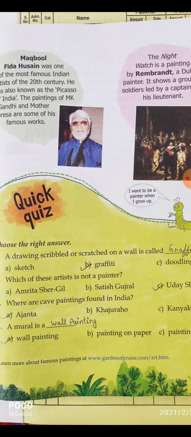Next, a mural is a dash. A mural is a wall painting. Wall painting you have seen somewhere in the cities nowadays. The government has given permission to the painting institutes to draw the paintings on the government buildings and